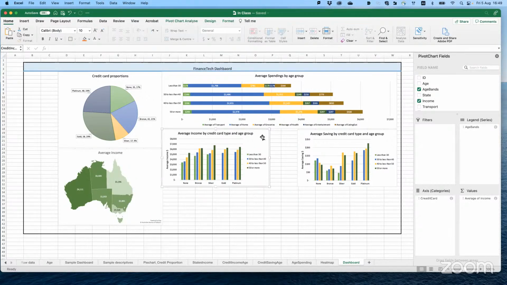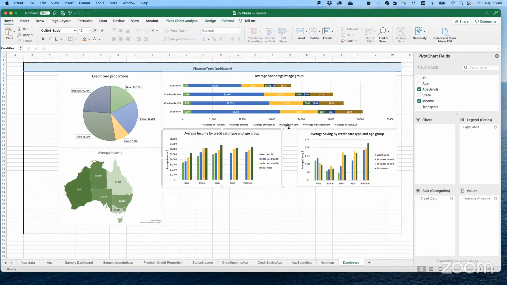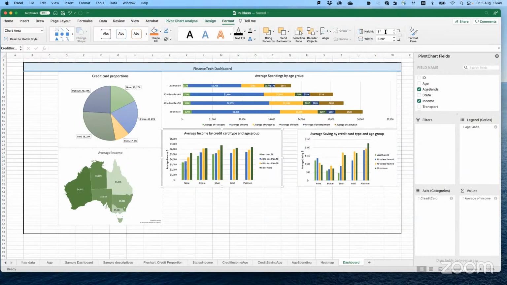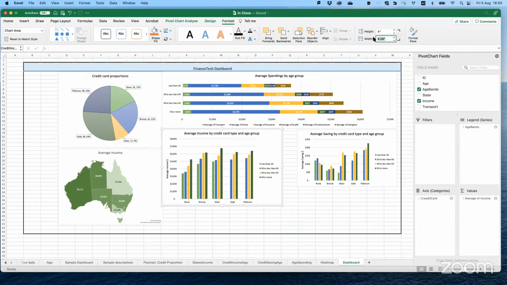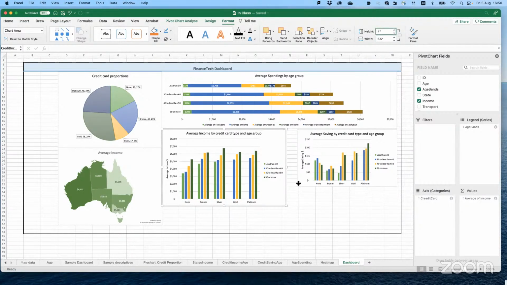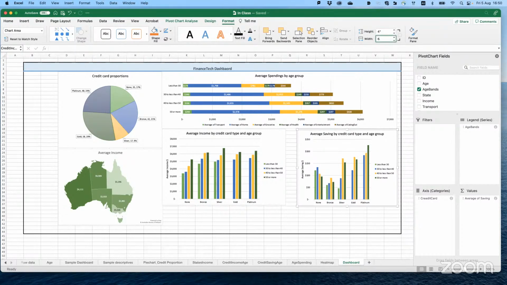Now for these ones, you can make them a bit bigger and then go to format, and say that I want it to be 4 by 6.5. How much was it? 4 by 6.5.